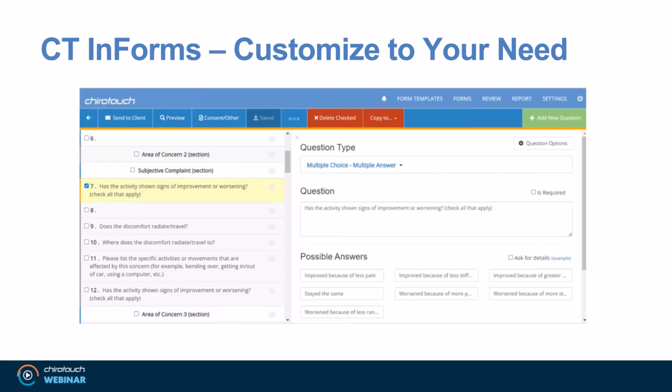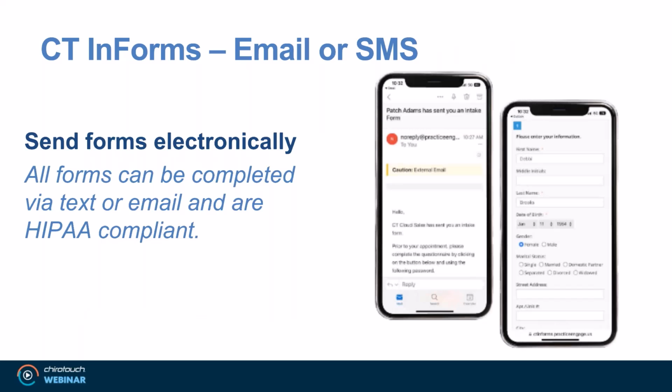Once you've created the forms, you can connect any consent forms that you would like to have attached to those. And then it creates you a URL link that, as I had stated earlier, could be sent to the patient through a text. It could be sent through an email. You could embed it in your website. You could have it on your Facebook page. You could pull it up on an iPad, or we do even offer a QR code,